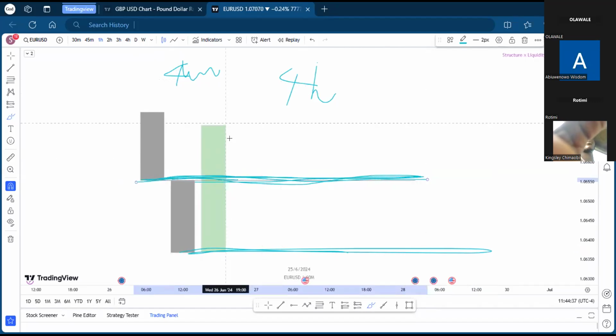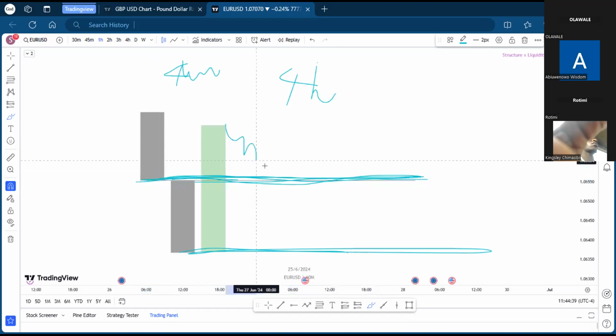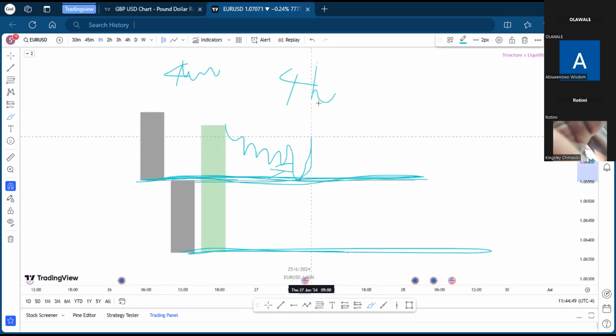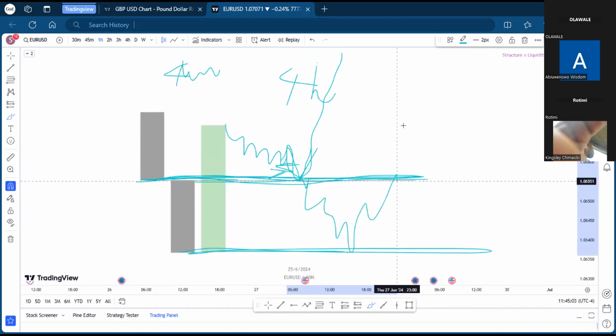The next thing you can begin to look for is that you can only look to buy when there's proper logic behind it, which means that I want to see internal range liquidity created close to it. Then I want to see price take out that internal range liquidity, then bounce off from that same key level and price continues to move to the upside. But if we do not see this, where price creates an internal range liquidity and takes it off, there's every possibility that price might come to the extreme key level here,